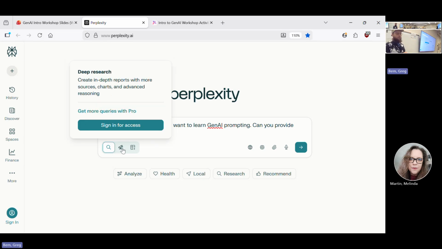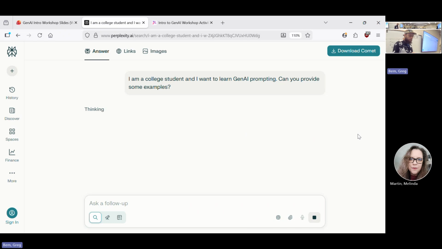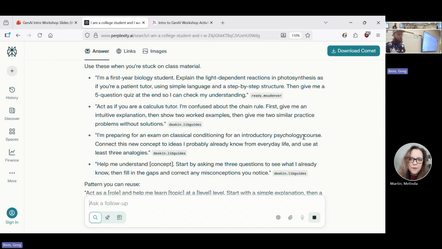You can also do some other search options here, like deep research, and it will look for academic sources, et cetera. So when I enter this in, it is looking on the web and finding sources for this response. And as you can see here, each paragraph shows you a page that it pulled this information from.